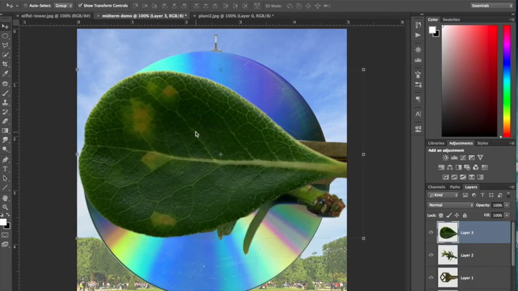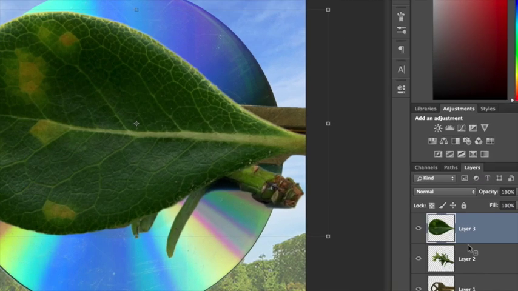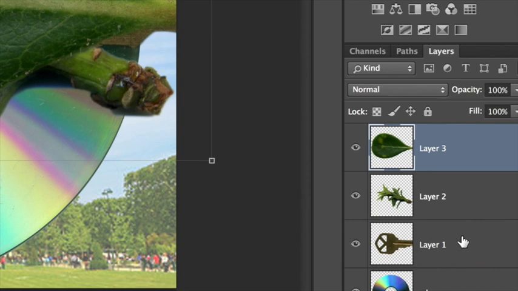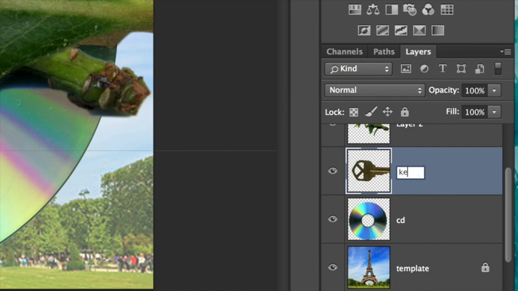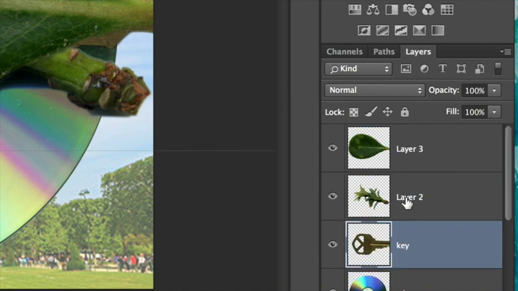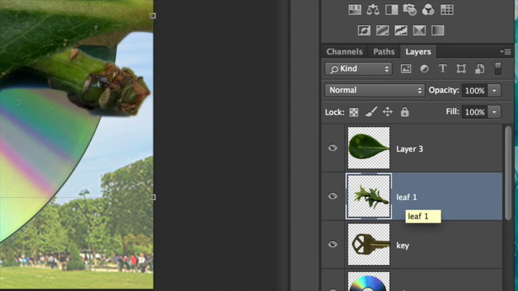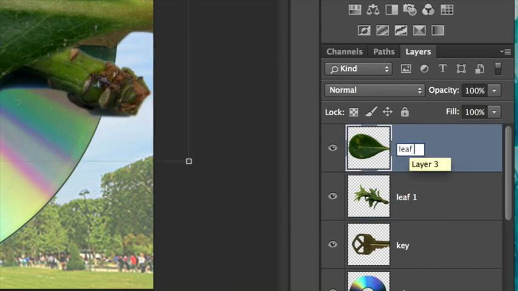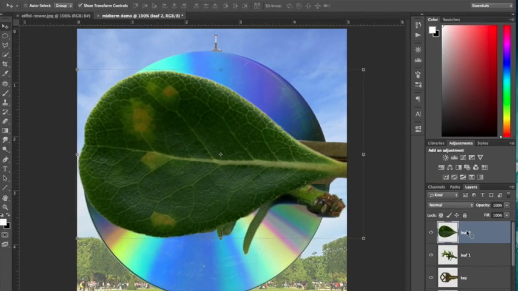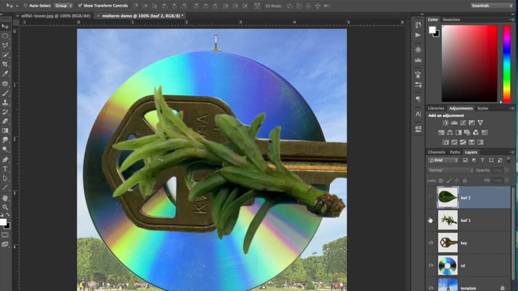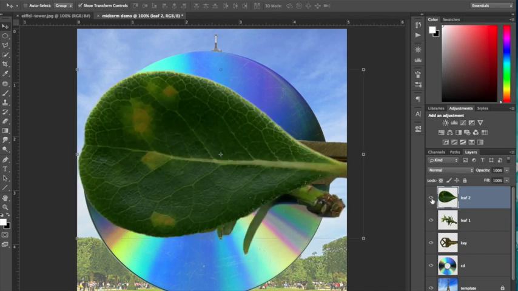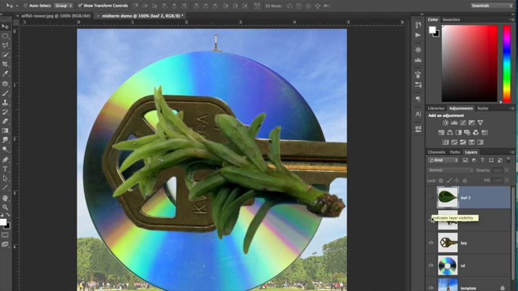Okay, so what I have now is a midterm demo with a background layer, that's my templated image, a CD, a key layer, and then 2 leaves. I'll just name those leaf 1 and leaf 2. Okay, now that I have that all set, what I want to do is start to create my composition. So first I have to determine which one of these objects I want to use for the Eiffel Tower, and I think it's pretty obvious. I'm going to use the